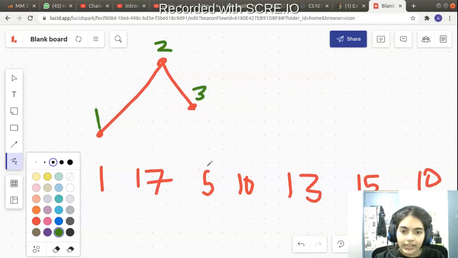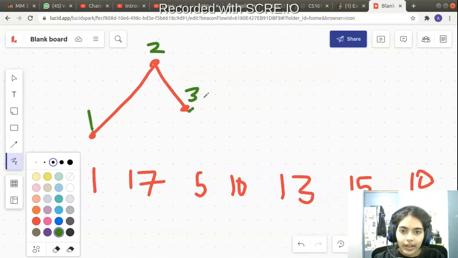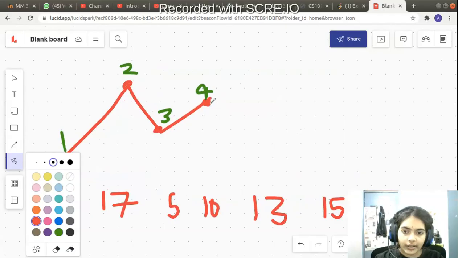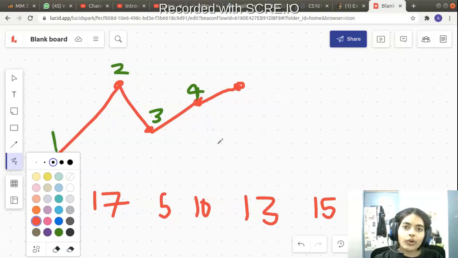Okay. Now next I go to 10. I again increment. Let me take the same color so that we are not getting confused. So again increasing, decreasing, again increasing. So it is fine. There is a fourth point in line which is following the Wiggle subsequence. Okay. Now let's go to next. Now we go to 13, right? Again, now 13 is again increasing. But do we want an increasing node? We don't want an increasing node, right? We don't want an increasing node again because see what happens is you want, see, first was increasing.